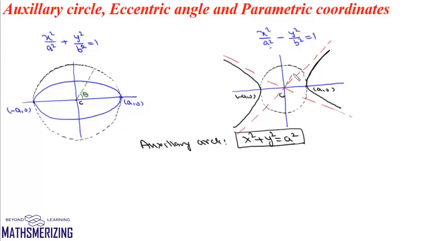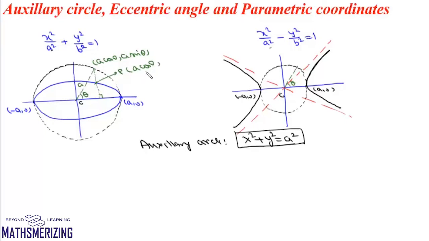So we'll draw this line. It makes an angle theta with the axis of the ellipse and hyperbola. Now, if we look at this point on this circle, the radius of this circle is a and the angle is theta. So we can write the coordinate of this point as a cos theta, a sin theta. Now we'll draw a perpendicular from this point on the axis of the ellipse. Then this perpendicular will intersect this ellipse at a point P whose x coordinate will simply be a cos theta.